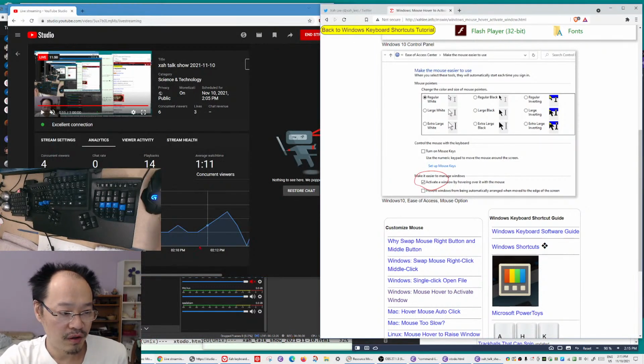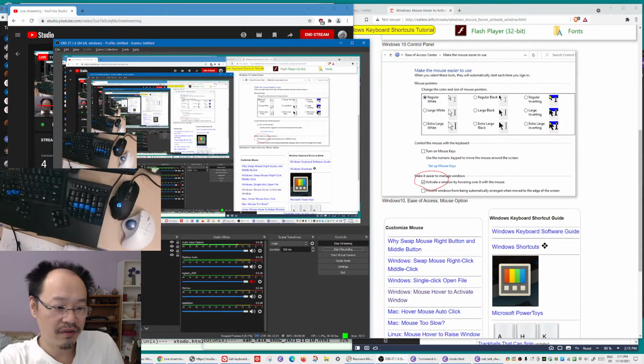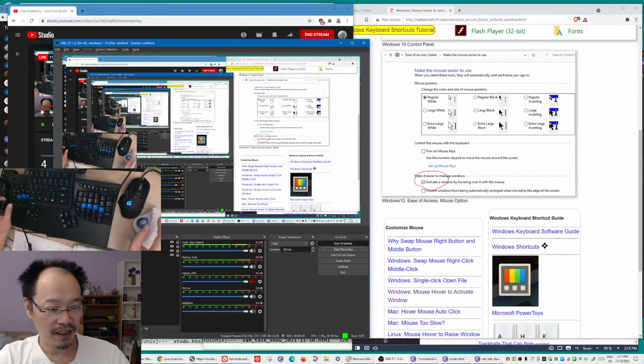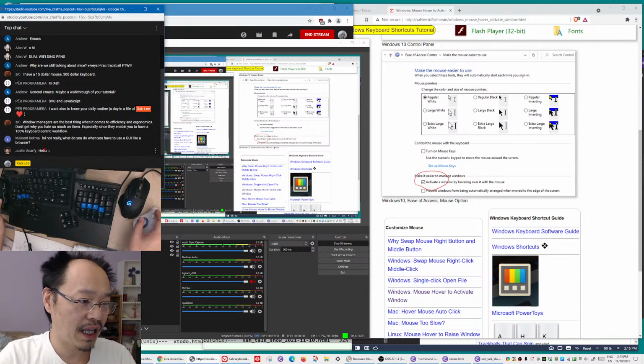So normally, can you see my, no, you cannot see my trackball. This camera. I need more money to buy things,